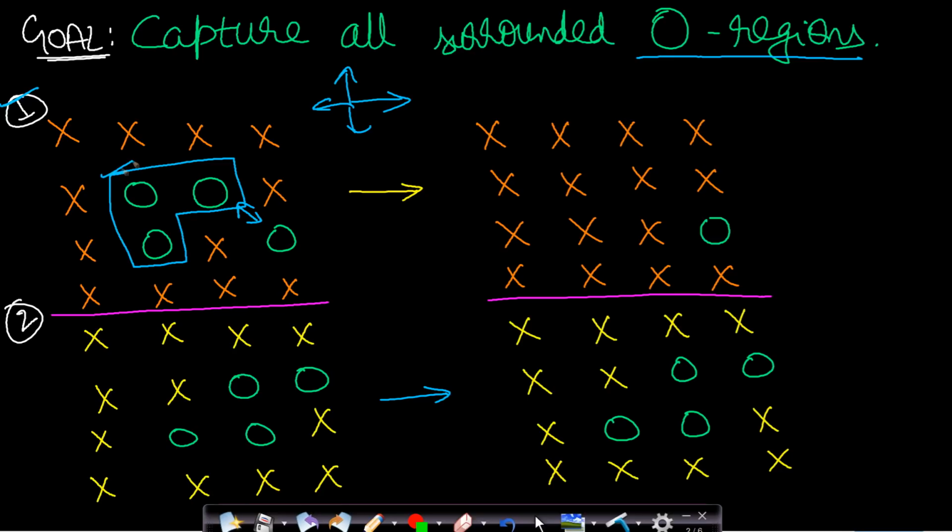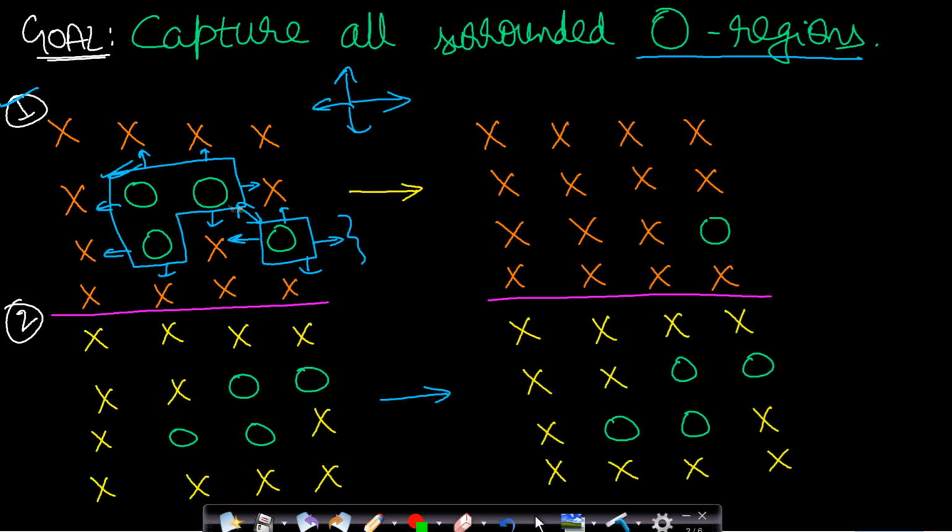You can see that this group has three zeros, all connected and lying totally inside this matrix. Therefore this will be a surrounded region. Otherwise, if you consider this zero, then this is not surrounded, because in all four directions it is not surrounded by x values. On the right hand side you can see that it is empty, so this is not a surrounded region. So in this case there is only one surrounded region, because this region is surrounded by x on all sides. So in this case we consider only four directions.